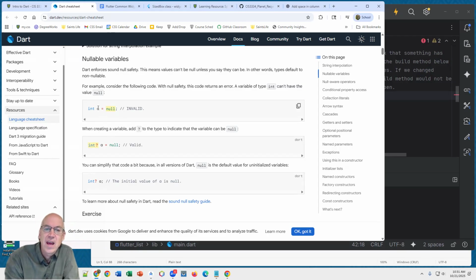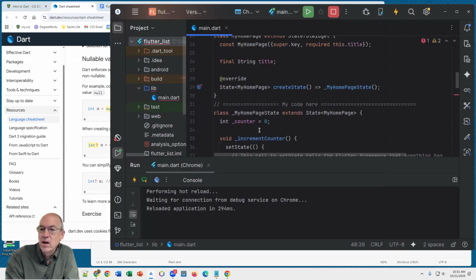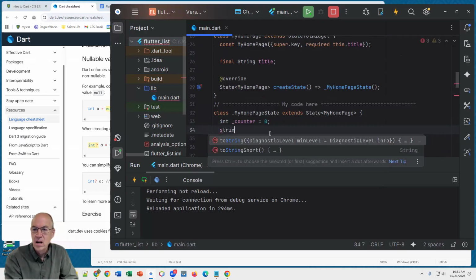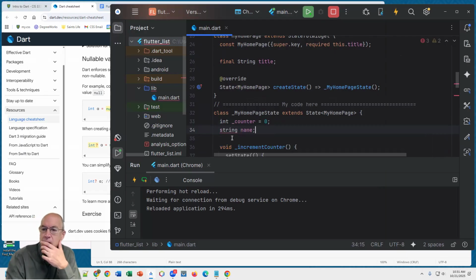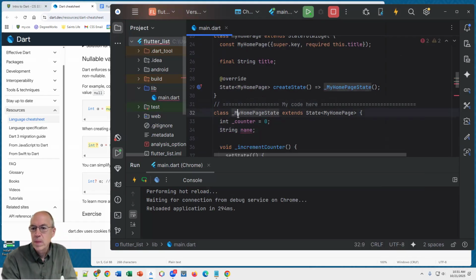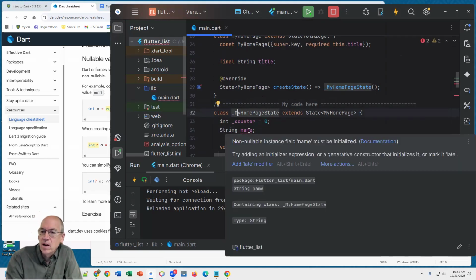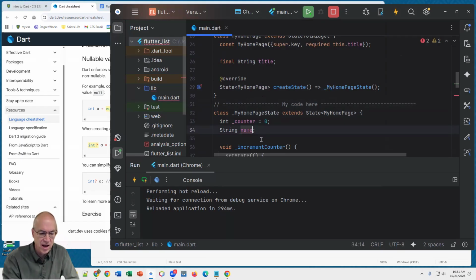So if I say int a, I can't set it equal to null. I can't declare a variable without assigning it a value. It has to be assigned. So up here, I say int counter equals 0. I can't say string name. That's going to give me an error. Oops. Isn't it string name here? This is a non-nullable instance name, must be initialized. So I have to initialize it